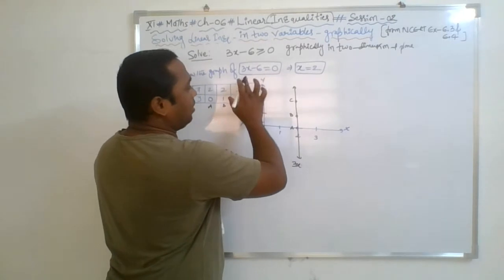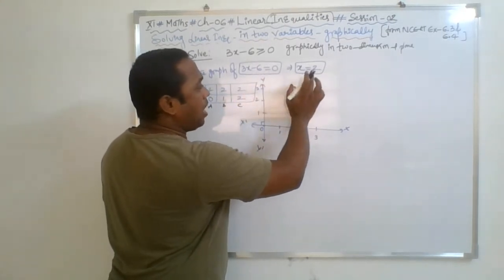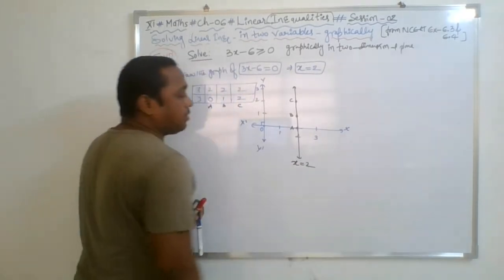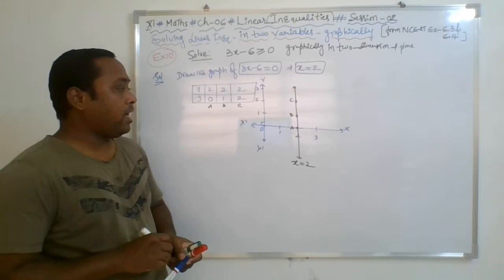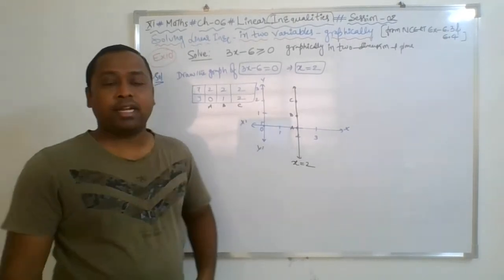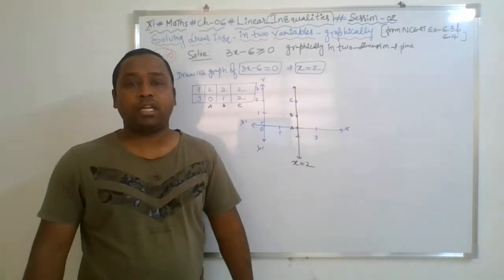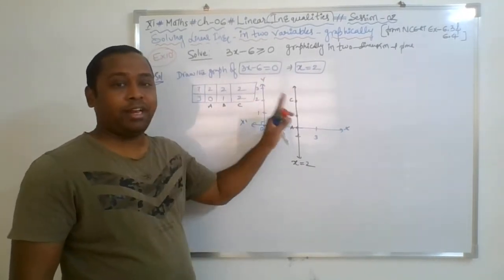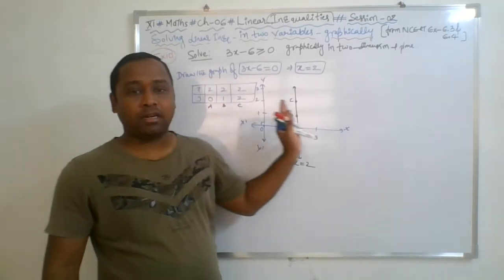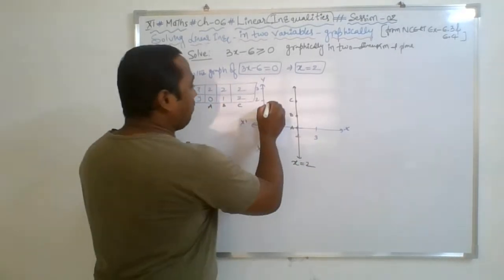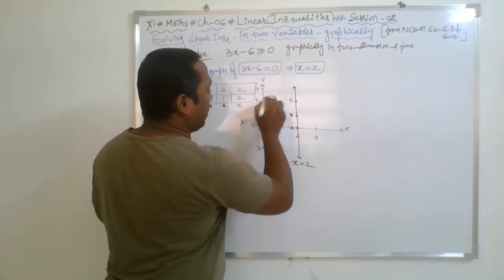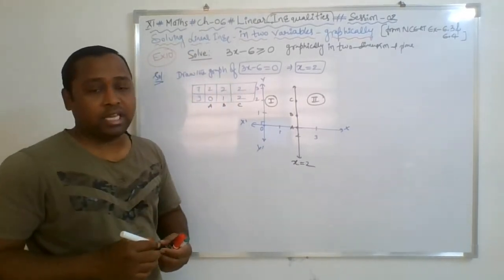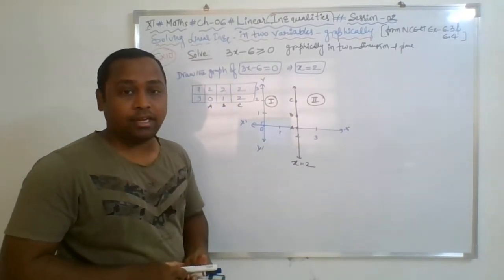What is that? You may write 3x minus 6 is equal to 0, or you may write x is equal to 2. Always try to write the simplified one. x is equal to 2. Okay. Now ultimately this line divides the entire plane into two equal parts. Each part is known as half plane. Here since it's a vertical line, you may name it as left half plane and right half plane. So instead of writing left and right, I am writing Roman number 1 and Roman number 2 to save my time. Nothing else. Every time it is not necessary to write.